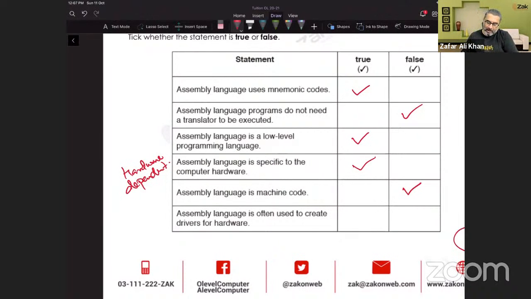Assembly language is often used to create drivers. Yes, that's true. I told you that when we create software, and if you do remember we also wrote it, that when we need to write programs directly for the hardware, we prefer machine code. So